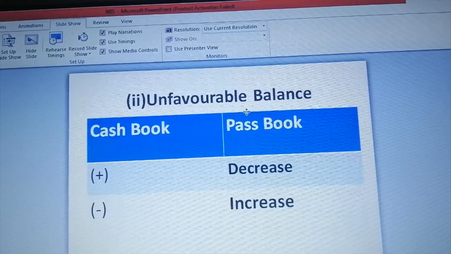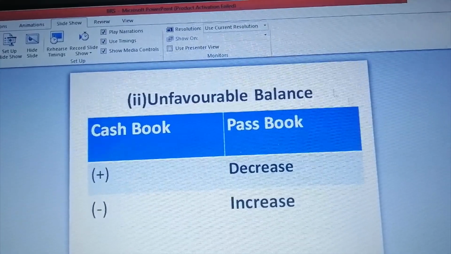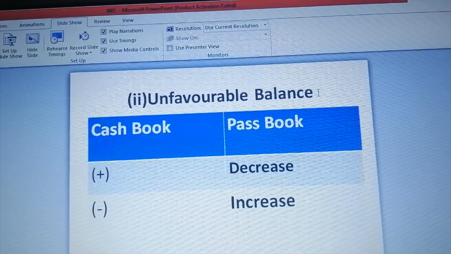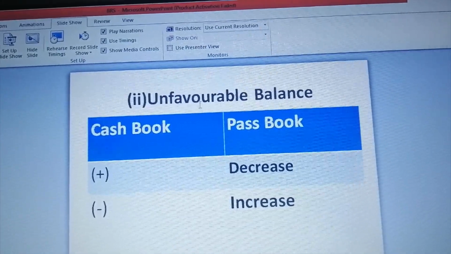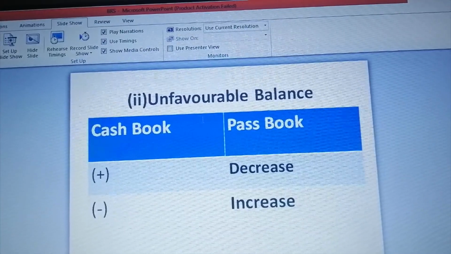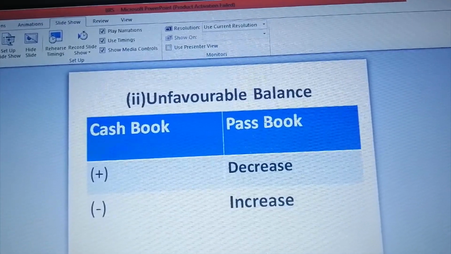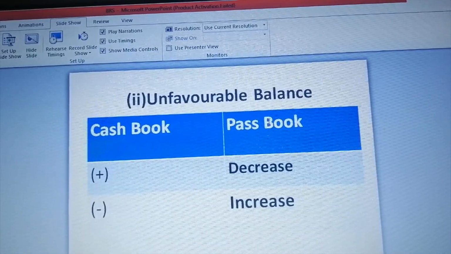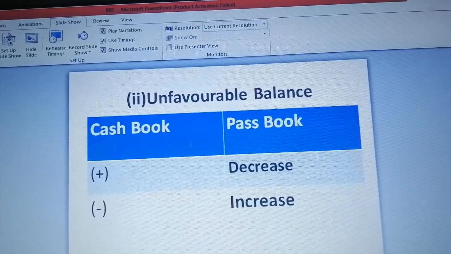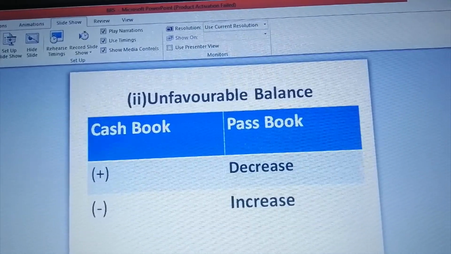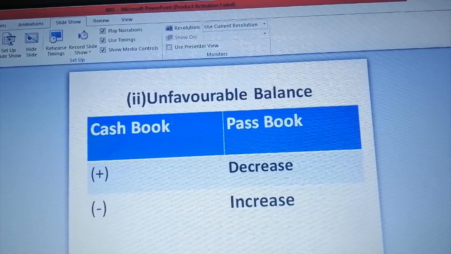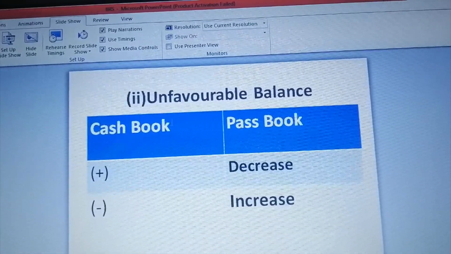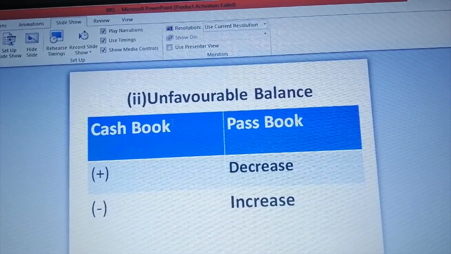Let's see the unfavorable balance method or negative balance method now. Whenever a customer takes any overdraft, his account shows a negative balance. This is the situation in which the unfavorable balance arises. In unfavorable balance method also, we have to follow the same techniques that we applied in favorable balance method. When cash book balance is given, we need to find the passbook balance. When passbook balance is given, we need to find the cash book balance. Whereas in unfavorable balance method, it shows the negative balance. So the balance here we can mention as overdraft.